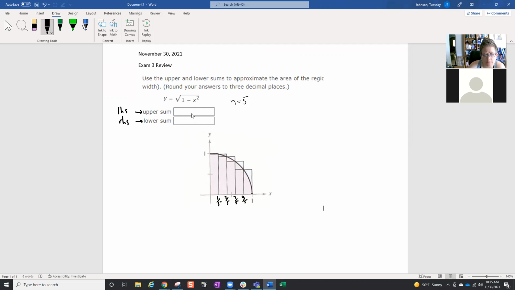So our upper sum, we'll go upper over here. Our upper sum will have a width of 1/5 multiplied by all these different heights, right? So it's 1/5 times f of upper is left. So 1/5 times f of 0, 1/5 times f of 1/5, 1/5 times f of 2/5, and so on. So I'm just going to factor out that width. So I'm going to write it in detail. So all the left endpoints